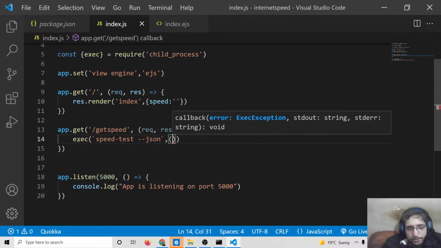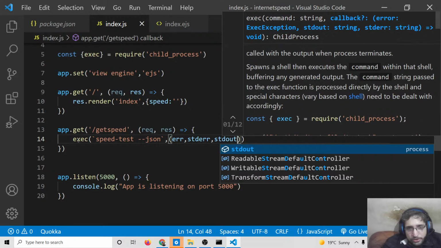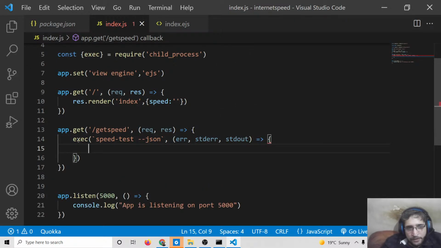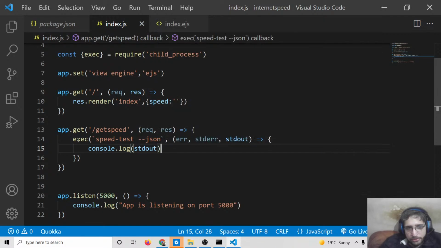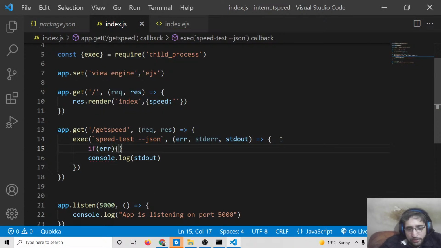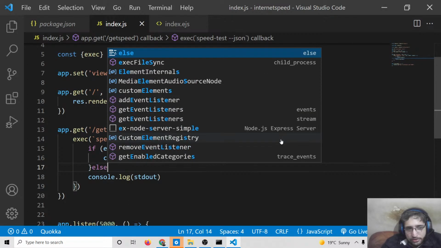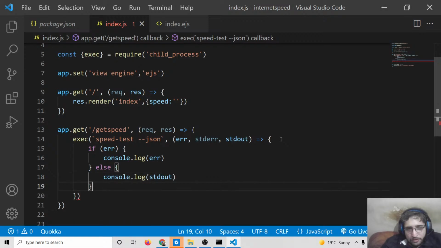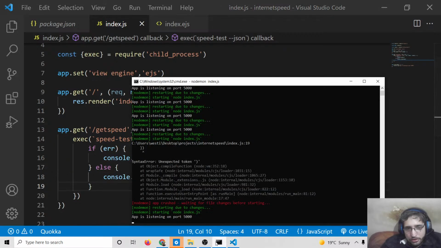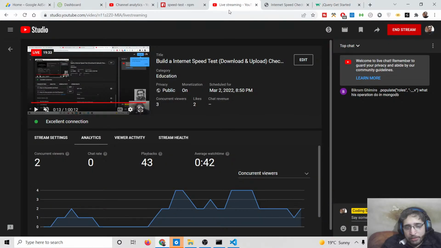And when this is completed, there can be error and standard output as well. So we will simply say console log standard output. And if any sort of error takes place, we will also display this. If no error takes place, then we will display the output. So now if I run this application, if I hit the button,